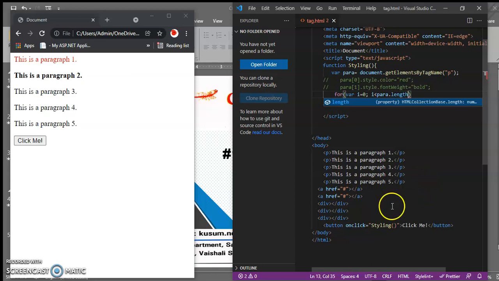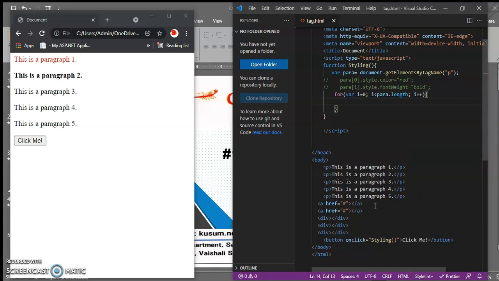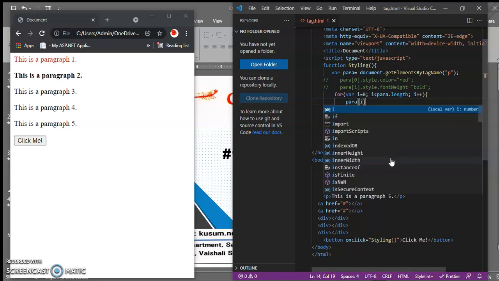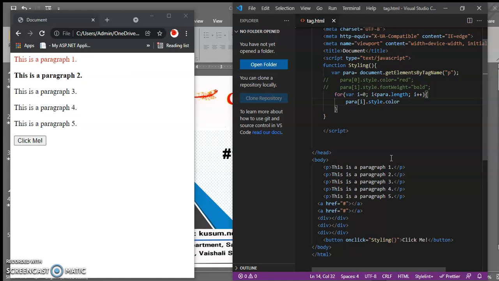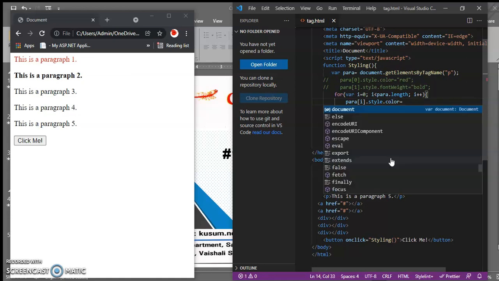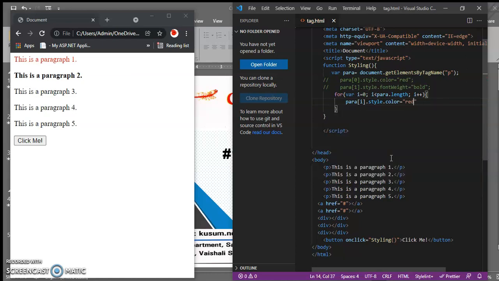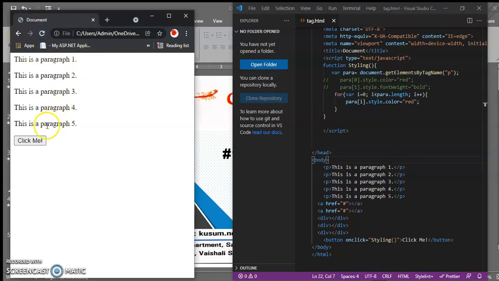So para dot length, i plus plus, and inside that for loop you will use this para variable: para, using the i element, dot style dot color. Suppose I want to change the color of all the p tags to red, then equal to red. Save it, refresh this page and click on the button.